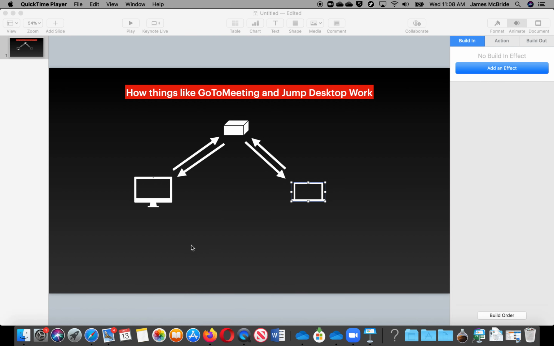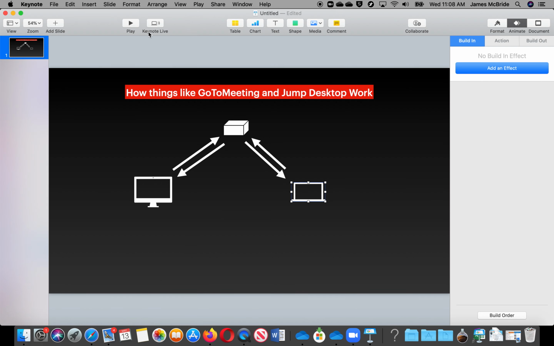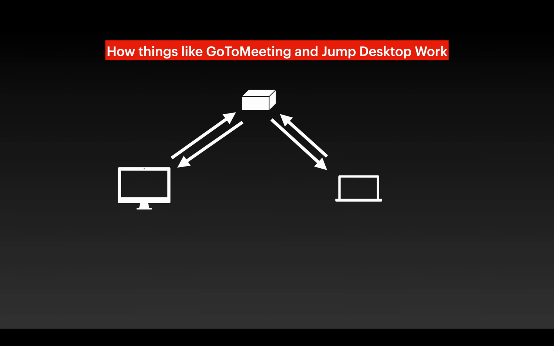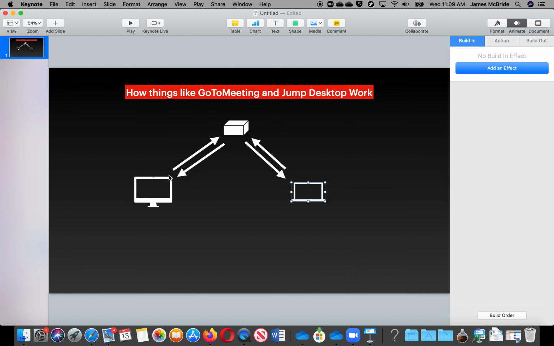Okay, well, let's take a look at how things like GoToMeeting and Jump Desktop work. Sorry for this rudimentary little thing here, but it does help to describe what's going on. All right, so over here on this side, let's say this is your home computer, and then this is your mobile device, this is your notebook, and you want to connect to your home computer. So if you install something like GoToMeeting or Jump Desktop,